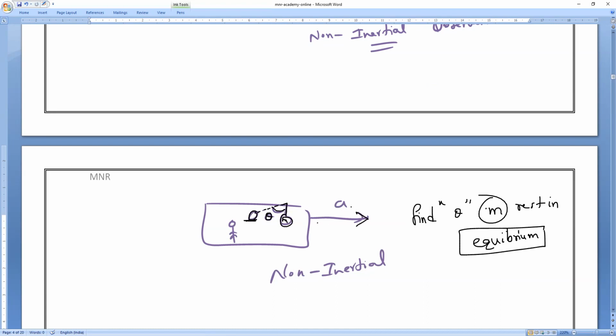As I told you, if the acceleration of the body is in the forward direction, the pseudo force we have to consider is in what direction? Opposite to that. So this is the pseudo force. If the car acceleration is forward, we should always take the pseudo force opposite to that. So that is MA in the backward direction. Am I right or wrong? Everyone understood?